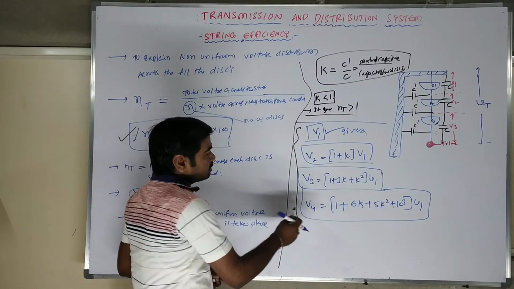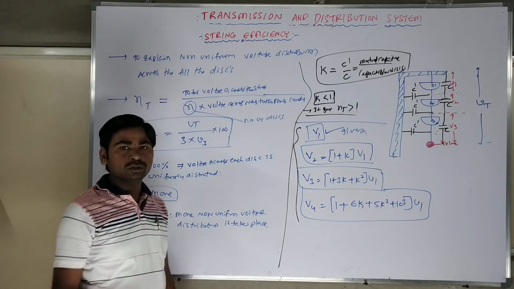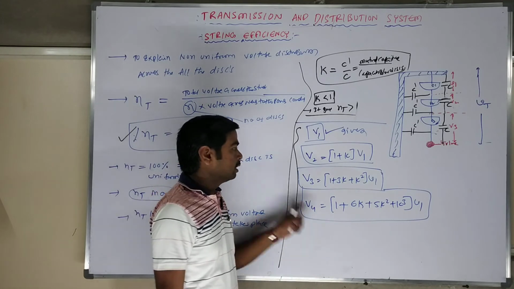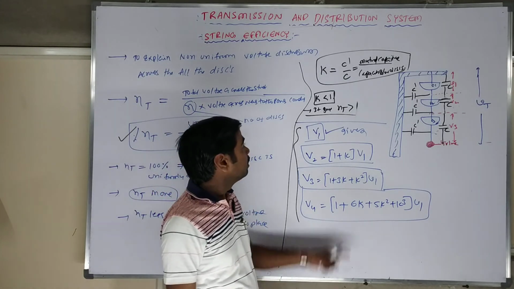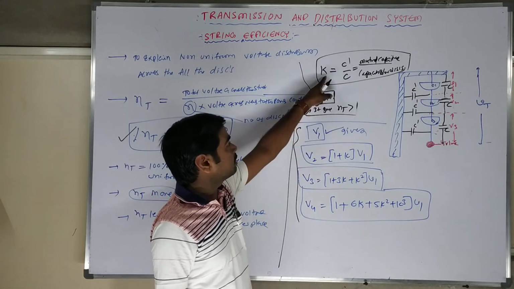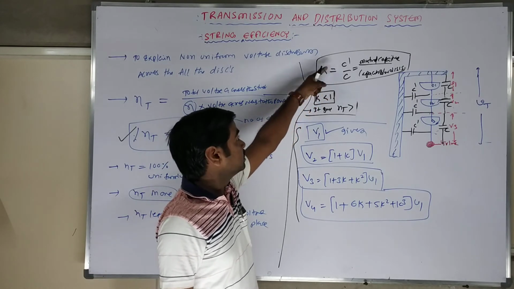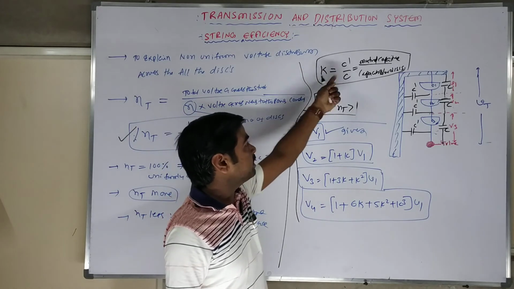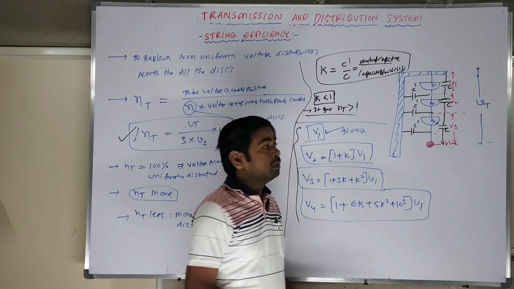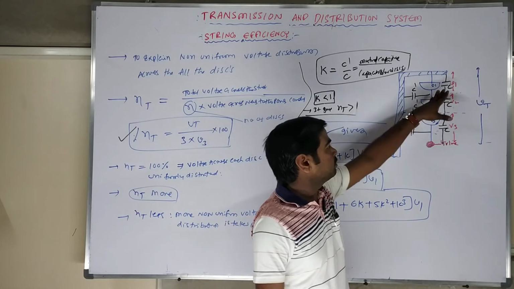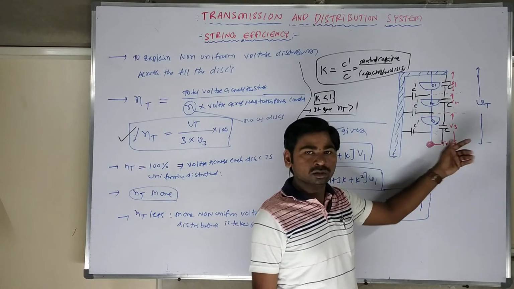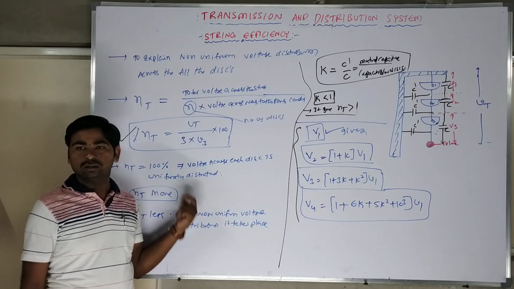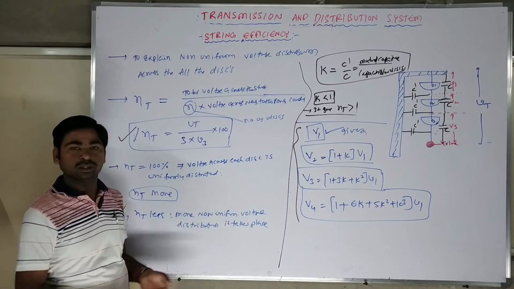This is the derivation we have. The long methods I will explain in the theory classes, but for competitive examinations there is no need for all this theory. Remember the formulas and you will get the marks easily. I hope you are understanding. If they give the reverse, C by C dash, then K is always greater than 1. It means this capacitance should be very small compared to this one, to get more clearance and to increase the string efficiency.